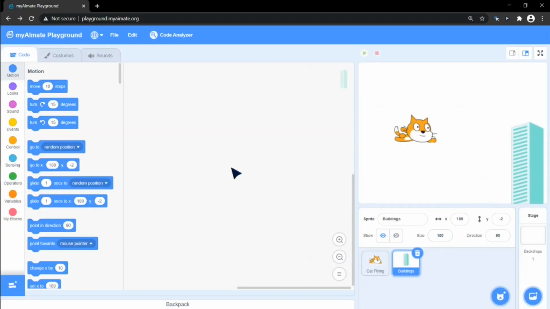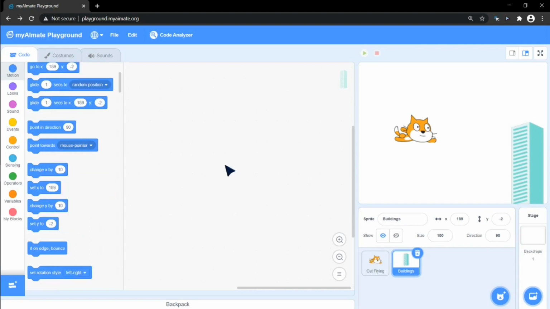To make our character look like it's moving or flying, in this case, we can move the scenery behind it. Let's use the Change X code block in the motion palette to move the building across the screen. We will use a negative number to make the building look like it's going past our flying cat.